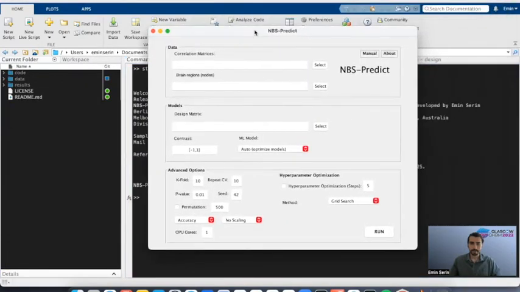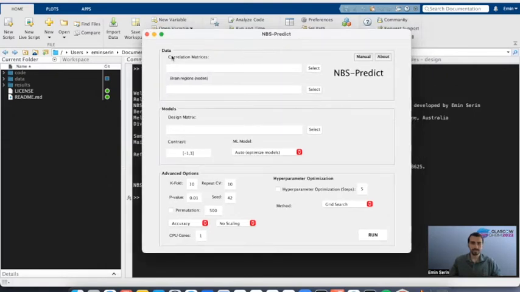Cool. So here you see the analysis setup window of NBS-Predict, where we're going to set all the parameters for our analysis today. If you have used the original NBS toolbox, it will look familiar, because we decided to use a similar layout so as not to confuse you with extensively different layouts.